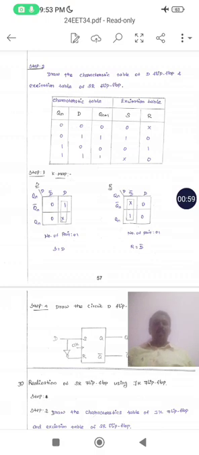We are converting the given input D flip-flop using the SR flip-flop. So the D flip-flop uses the characteristic table and the SR flip-flop uses the excitation table. Which flip-flop is the secondary side? The characteristic table of D flip-flop and the excitation table of SR flip-flop